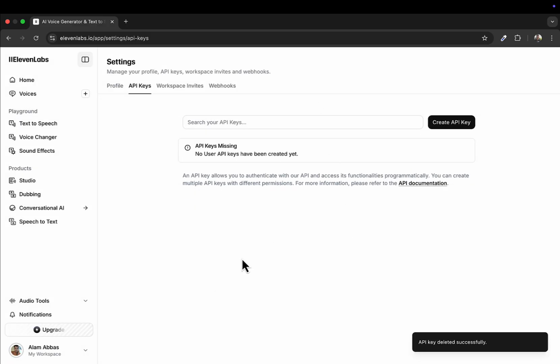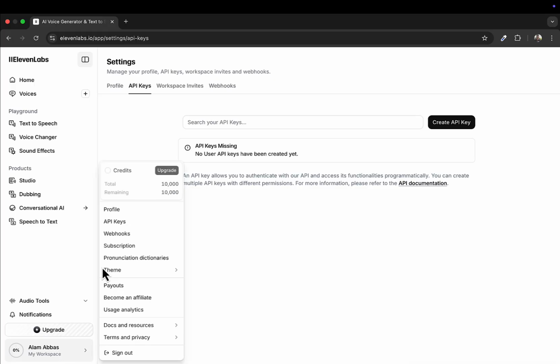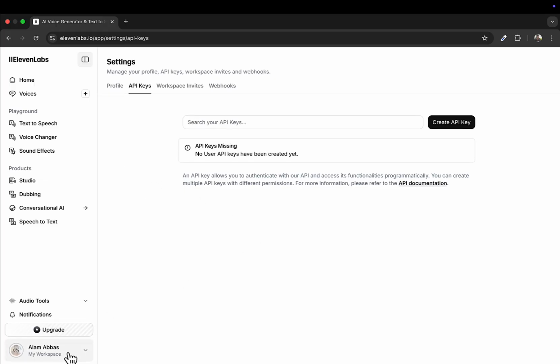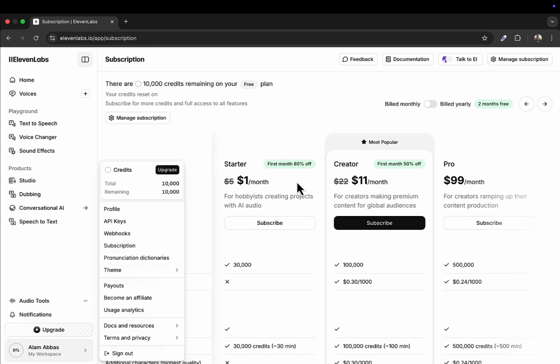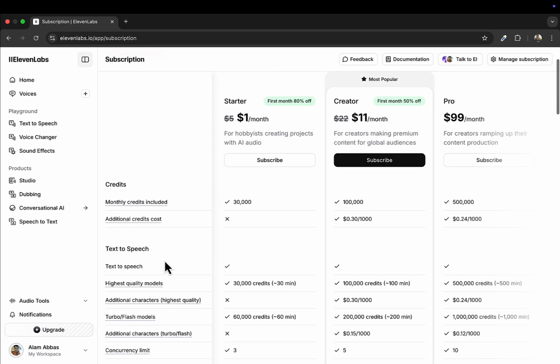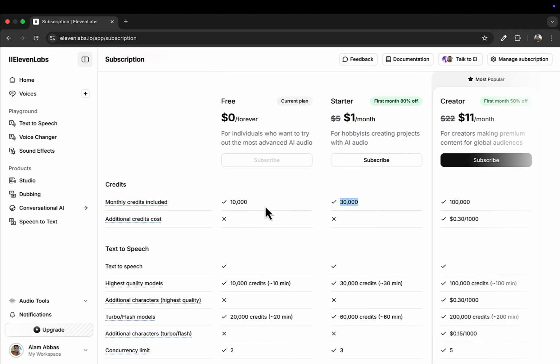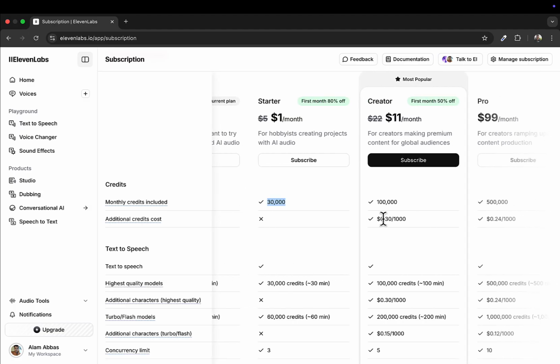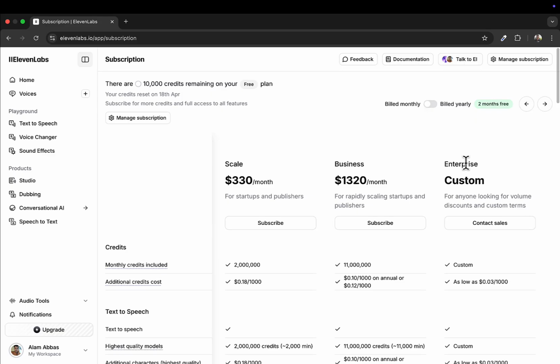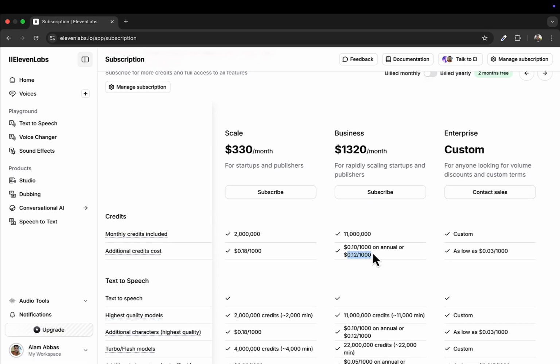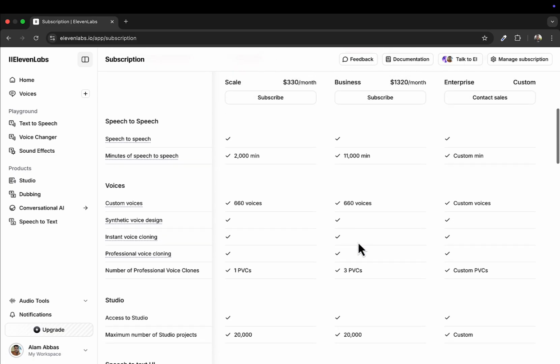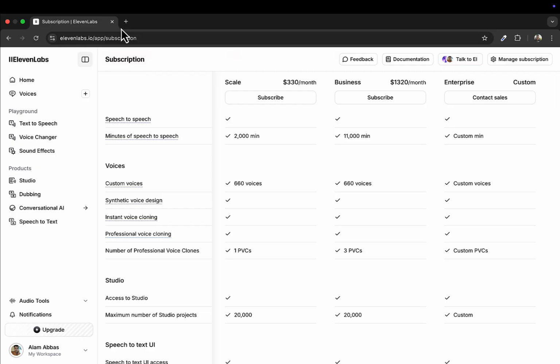To start with, this will give you 10,000 credits for free every month. I think 10,000 a month, and if you want a better plan, then you can click on upgrade and check out their plans. Like you have a $1 starter pack and a creator pack from $11 a month, and then you have enterprise level packages for $1,000, and they also have custom packages. You can contact sales to get invoices and